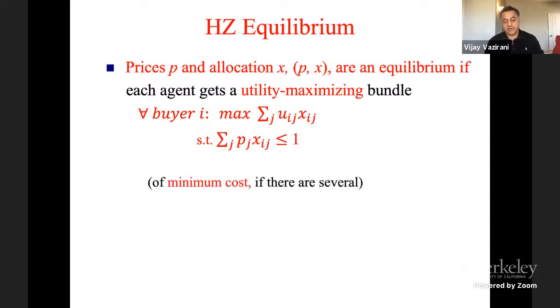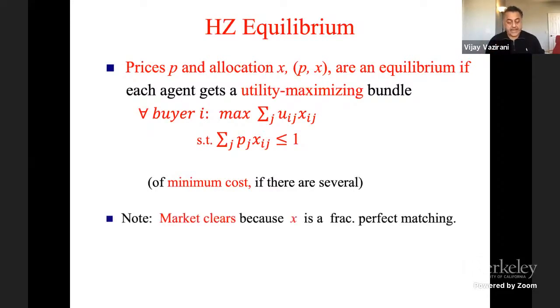Okay, and one small point to be mentioned, which is what leads to Pareto optimality, is that an agent need not spend her entire dollar. Her utility maximizing bundle may cost $0 for all we know. So that's what she'll get. But if there are several of these that cost less than $1 and are utility maximizing, then she should get the minimum cost. And only then can we prove that the entire allocation is Pareto optimal. This is a very subtle point, but very key to make sure that Pareto optimality holds for the entire allocation.